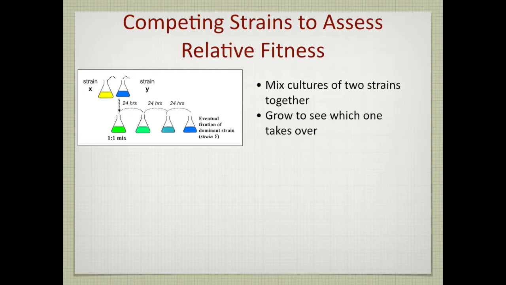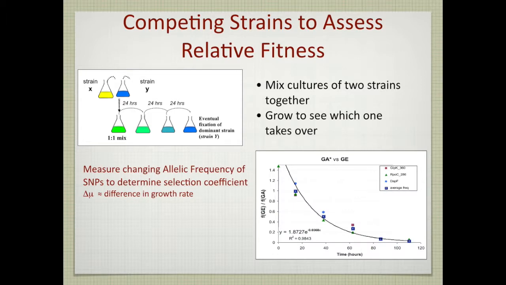So this is the way you can get at the very fine effects of mutations on selection. This is an example where I believe there were 2 strains being competed against one another. Well, in this case, 2 endpoints were competed against one another. One had 2 mutations, the other had 3. 2 mutations in the same gene product, and one had an extra mutation. So the curve there shows the allelic frequency of the 3 mutations, and you can see that they are basically disappearing here. So GA wipes out GE, I guess, in this